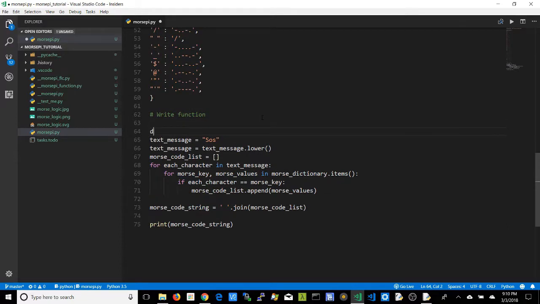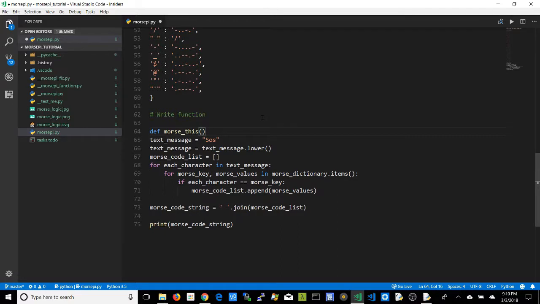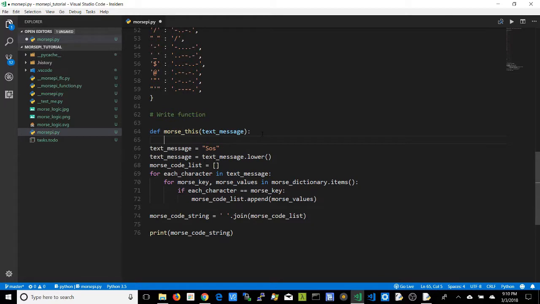First, we're going to have to define it by writing def. We're going to call it Morse, open parenthesis, and we're going to pass the string, calling it the same as before, text_message, colon. Return, and we're going to have to